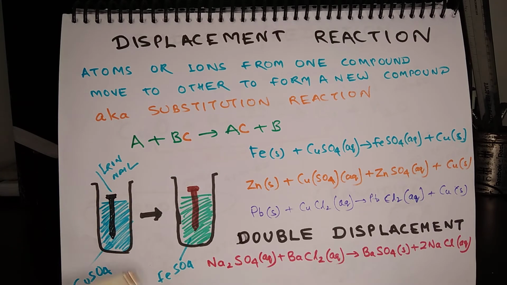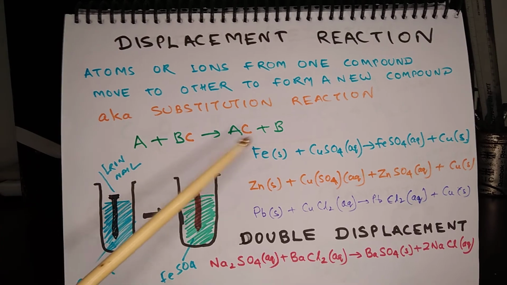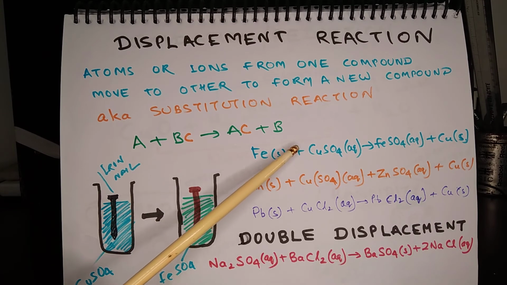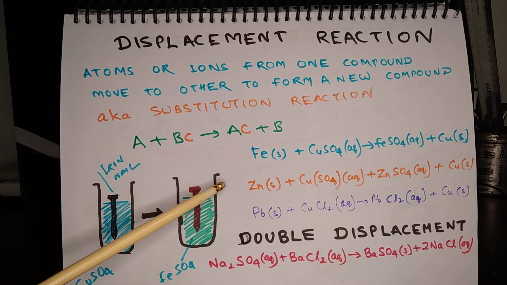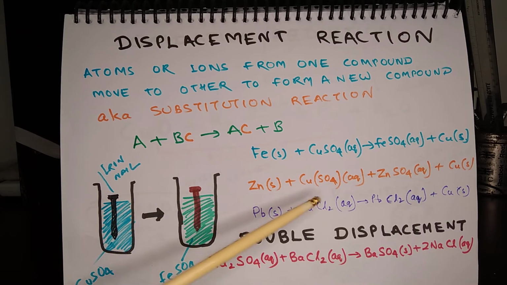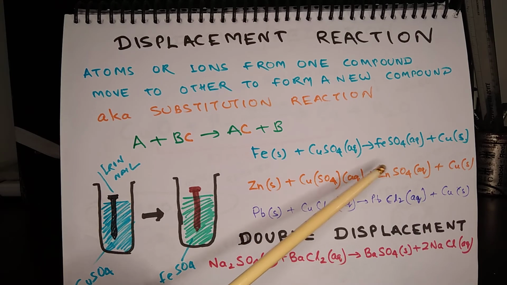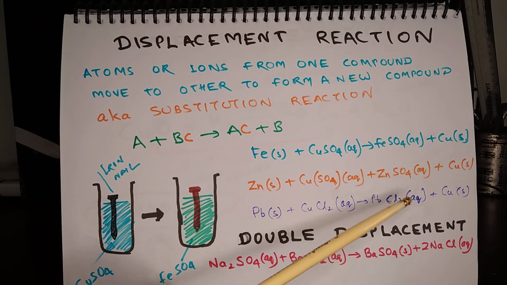Let us see why this happens. Iron is more reactive than copper. It displaces copper from copper sulfate solution. So now instead of copper sulfate solution, you get iron sulfate solution, and the green color is because of iron sulfate solution. In this process, copper is getting freed. So the copper which has been freed up gets deposited on the iron nail. So the equation is written as Fe plus CuSO4 is equal to FeSO4 plus Cu. Other examples are Zn plus CuSO4 gives ZnSO4 plus Cu.